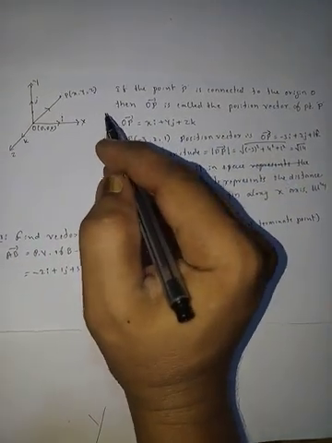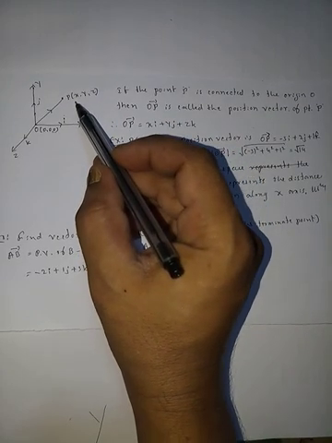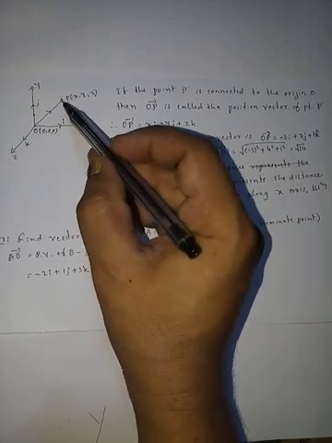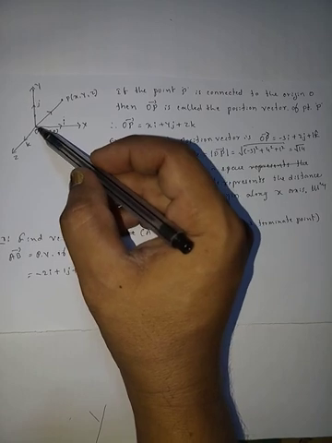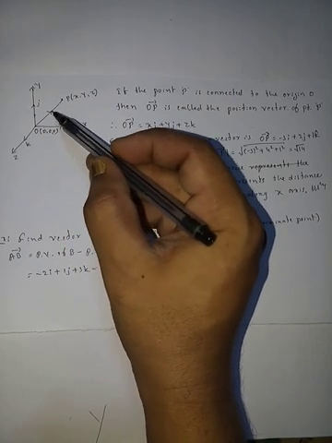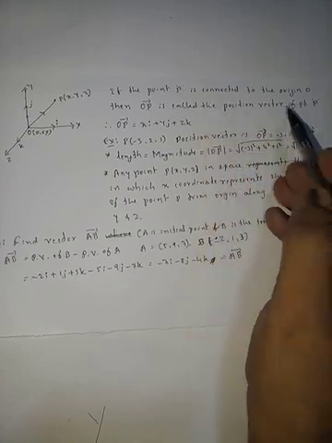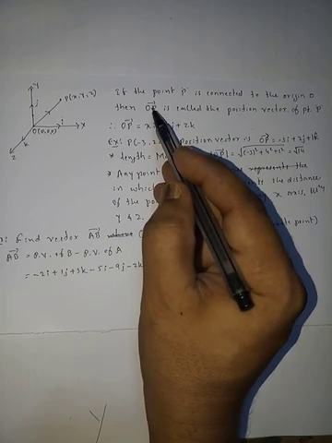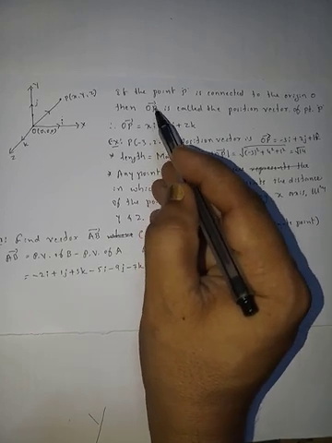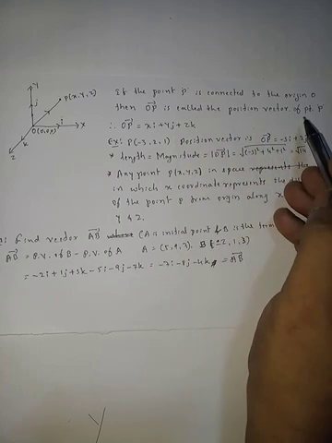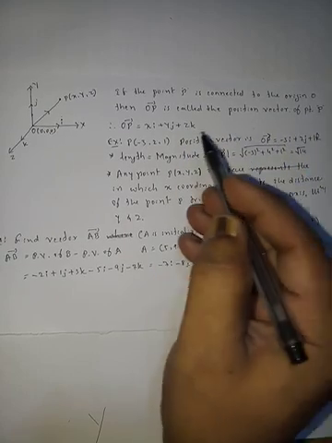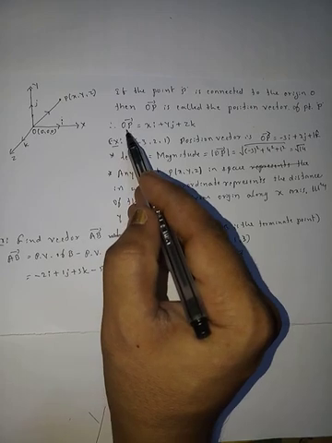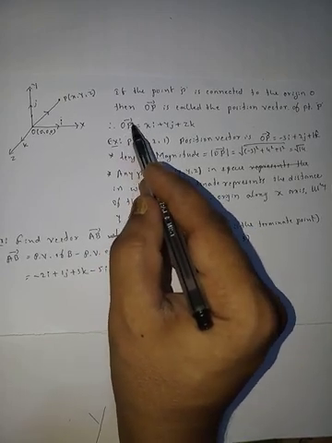So here in this plane we consider a point P of x, y, z, and then when we connect this point to the origin, so we join O and P, okay, then that OP we denote as OP bar. So this is called the vector OP, and this is called the position vector of a point P, and we write this position vector joining the points O and P as OP bar, or vector OP, equal to xi